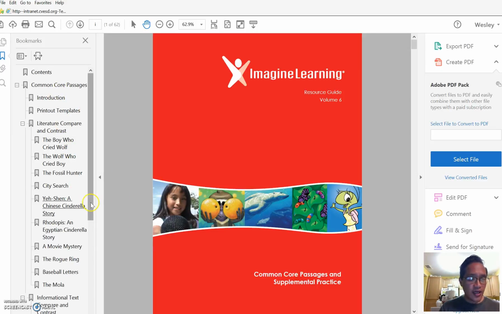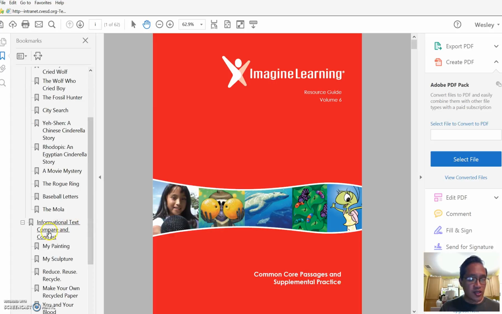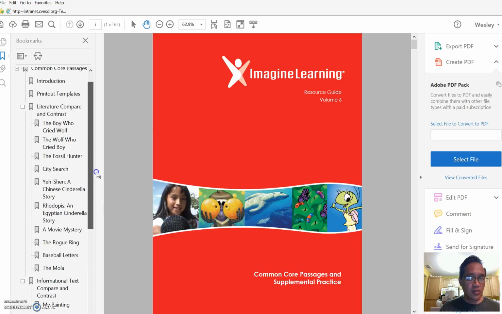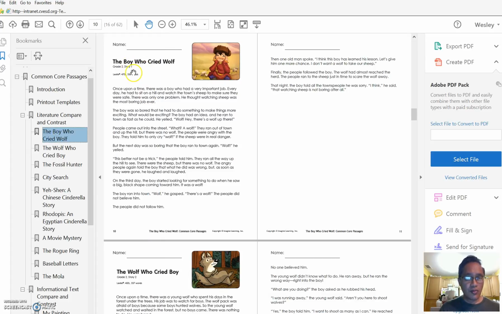Okay, along the left side here, I'm noticing that we have literature compare and contrast, and further down, informational text compare and contrast. How awesome is that? Okay, so here we have two related stories: The Boy Who Cried Wolf and The Wolf Who Cried Boy. Let's take a look at them. Here's the Boy Who Cried Wolf. Again, the Lexile level is listed,